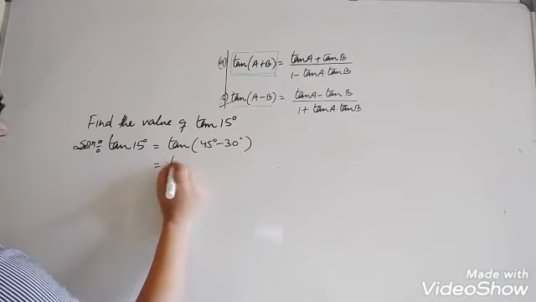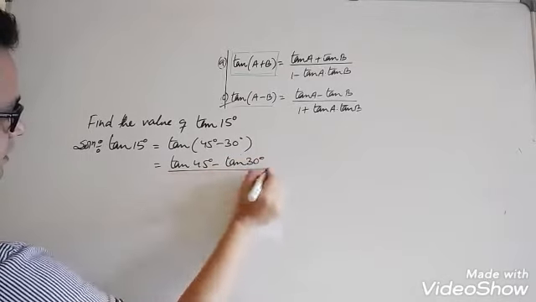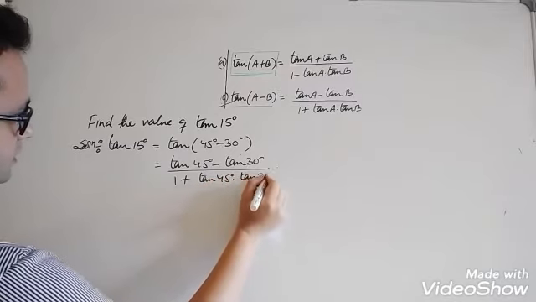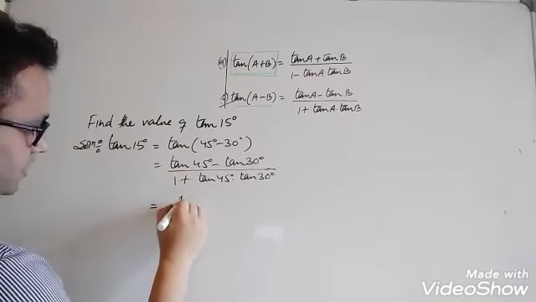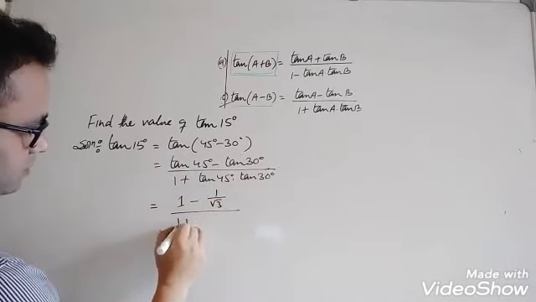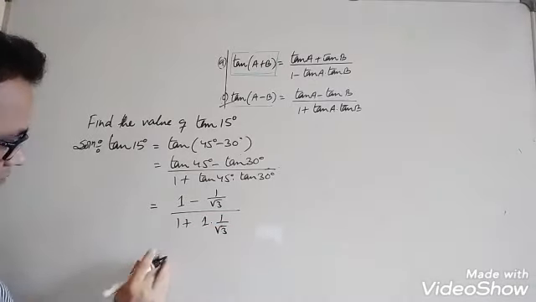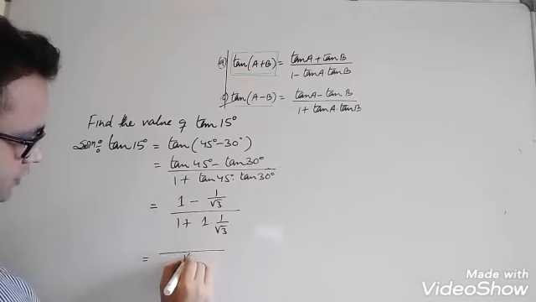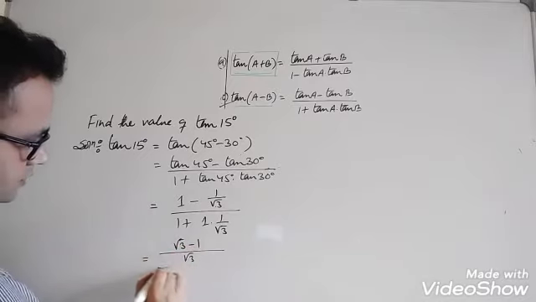So tan(a - b) is tan a minus tan b divided by 1 plus tan a tan b: tan 45 minus tan 30 degree divided by 1 plus tan 45 degree into tan 30 degree. So this equals 1 minus, now what is the value of tan 30? It is 1 by root 3, divided by 1 plus tan 45 is 1 into 1 by root 3. Now again we take LCM. For this, root 3 is the LCM. Root 3 minus root 3 into 1 is root 3 minus 1, divided by,